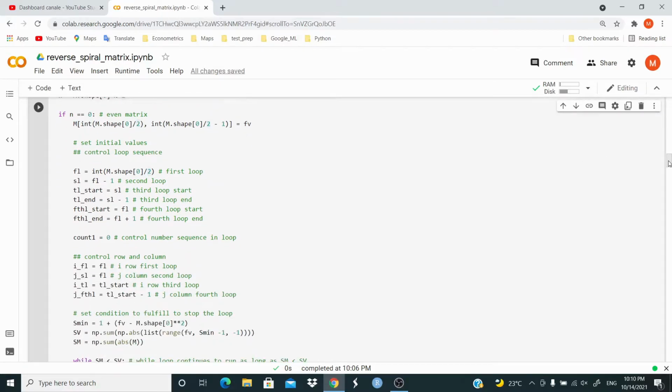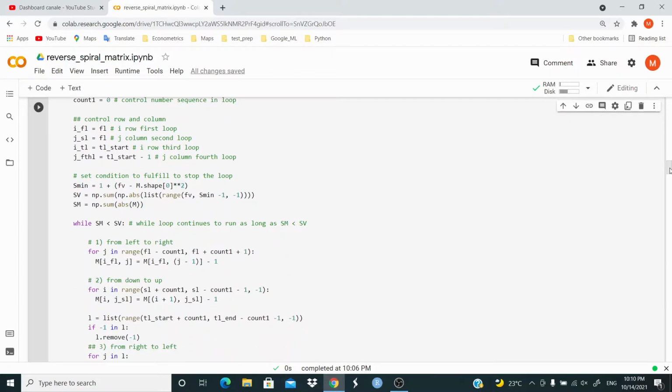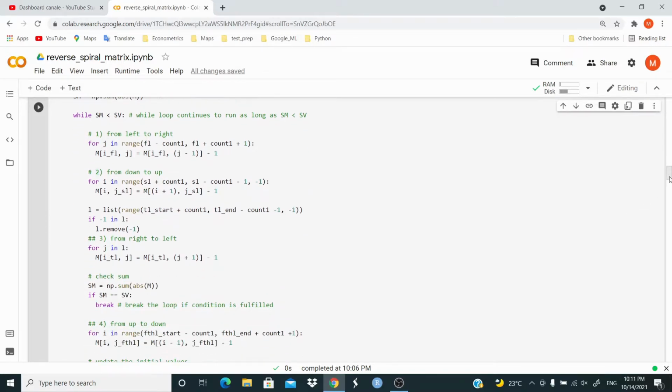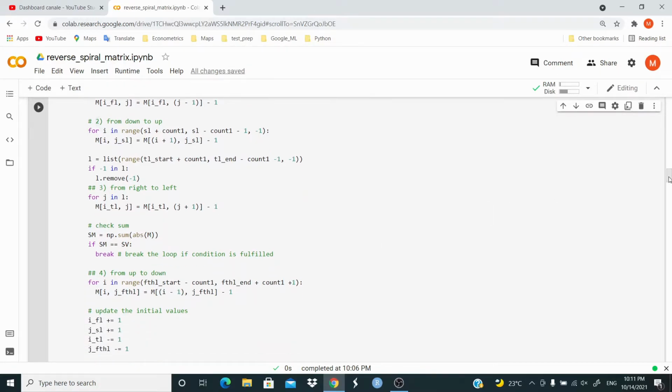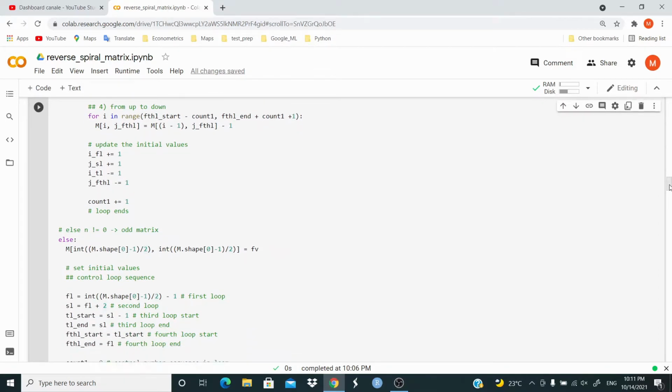We set the initial value, we control the loop sequence. We set the condition to fulfill to stop the loop, and then the while loop starts. This is from left to right, from down to up, from right to left, and we check some, so we break the loop if the condition is fulfilled, from up to down, and then we update the initial values. If n is different from 0,